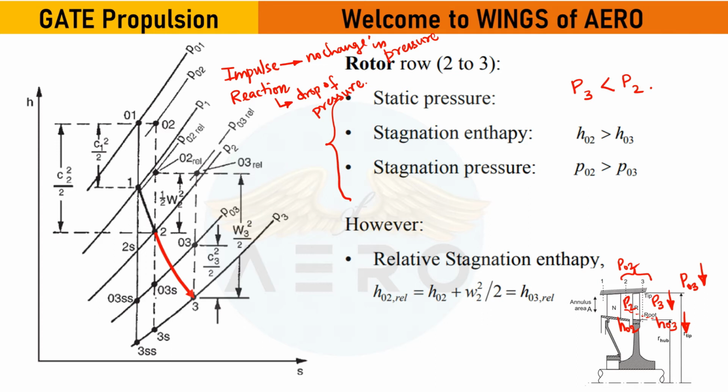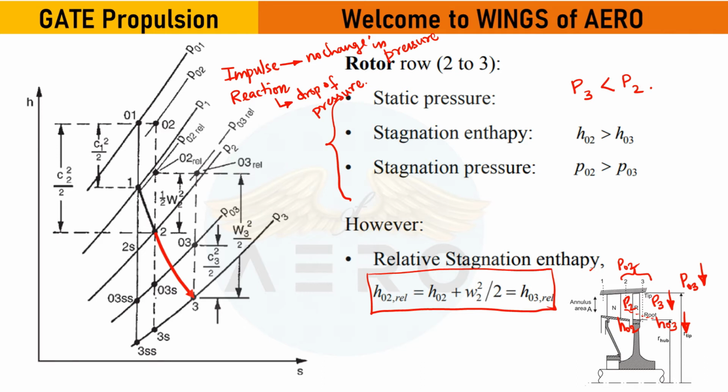So as a simplified way, in ideal conditions, this is the relative stagnation enthalpy. What is meant by relative stagnation enthalpy is that they are considering the inlet and the outlet to remain the same. In that ideal condition, when we do not consider any losses, H naught 2 will be equivalent to H naught 3. So sometimes they might ask you to find the real term expressions for it. This might be helpful for you.